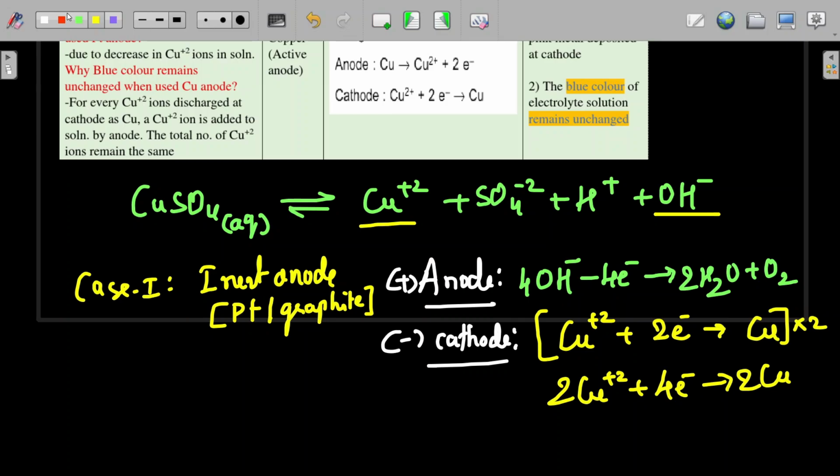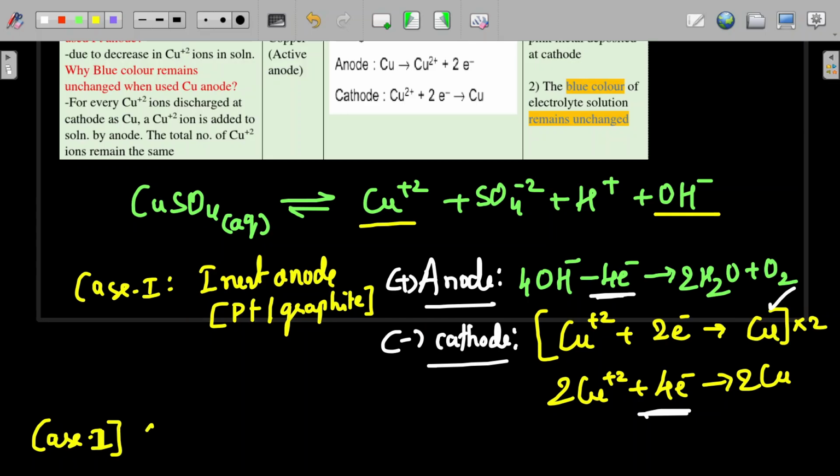atoms. But if they simply ask you what is the reaction at the cathode and do not ask you the reaction at anode, you can just write the first part. Cu2+ plus 2 electrons gives you Cu. That much will be enough. But whenever they ask you to write both, then you have to make the number of electrons equal. So this is case 1. Case 2,